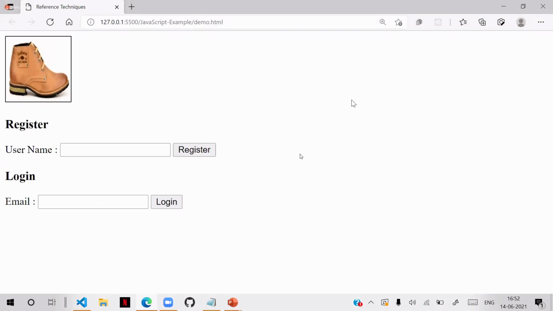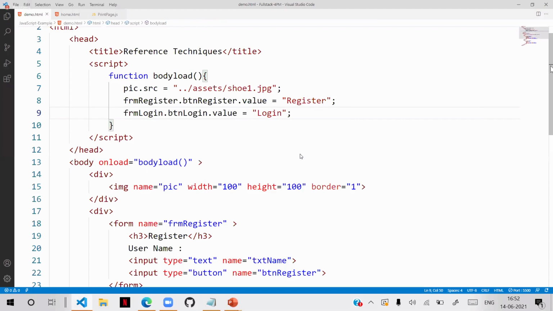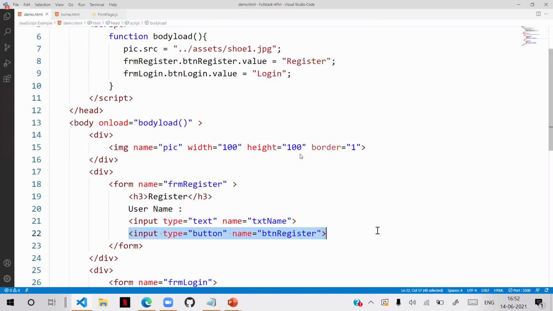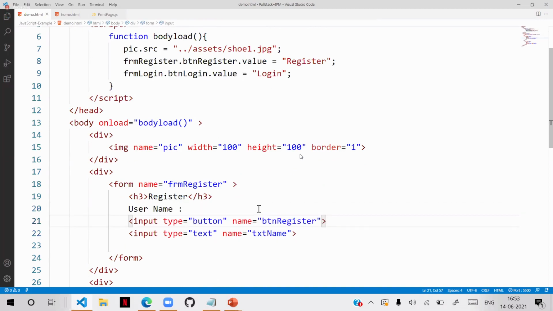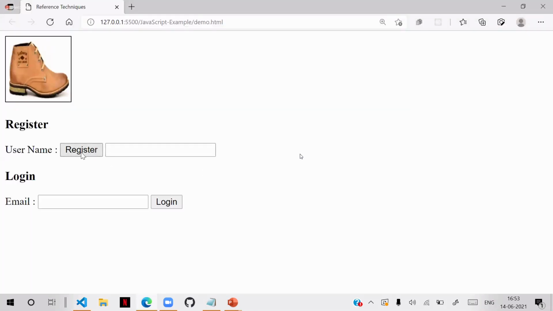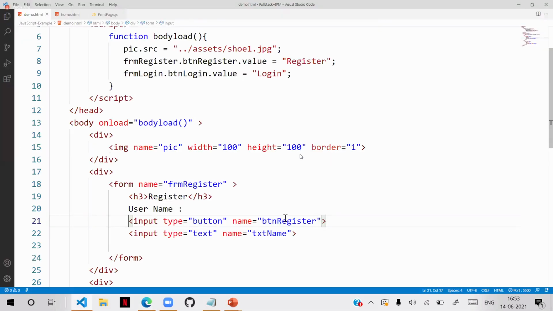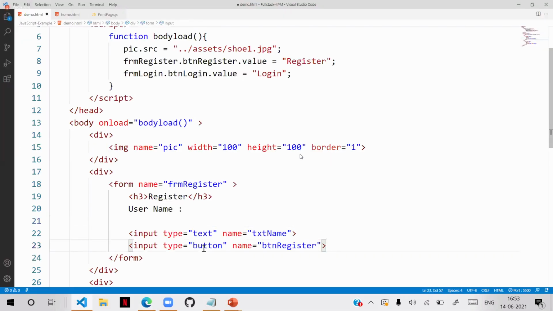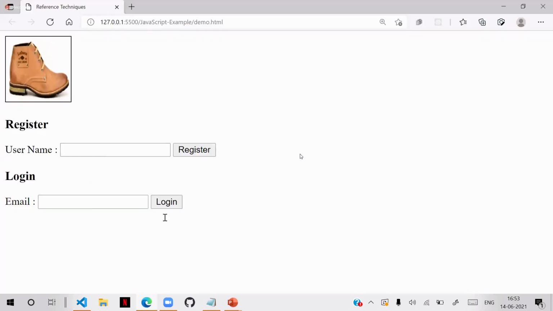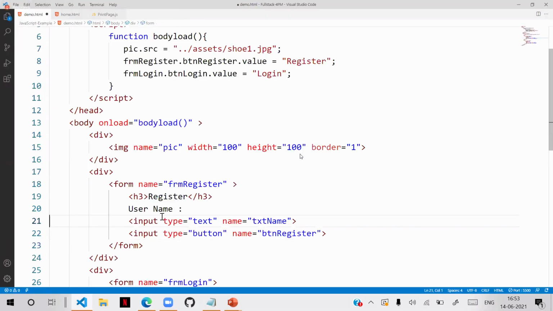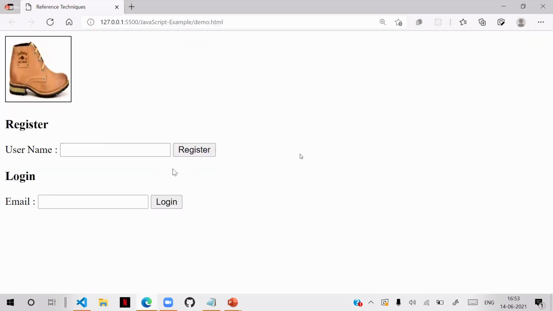So what is good is, even if you change the position of any element. Suppose I remove this button from here and keep it here. Even if you change the position of the button, it doesn't matter. Wherever it goes, the button is the button with that value, because we are not referring with index, we are referring by name. Where it is defined, it will be there. That's how it refers. This is generally reference by name, how you configure by name.